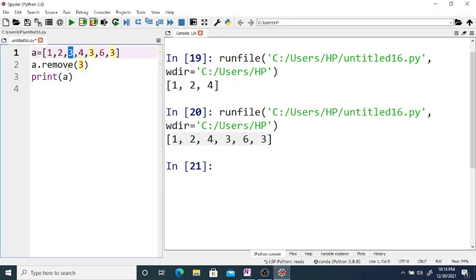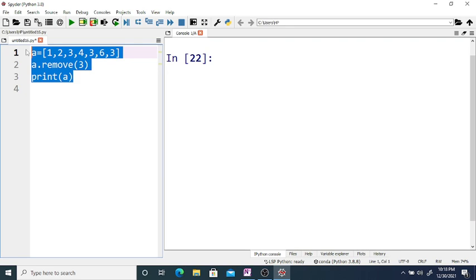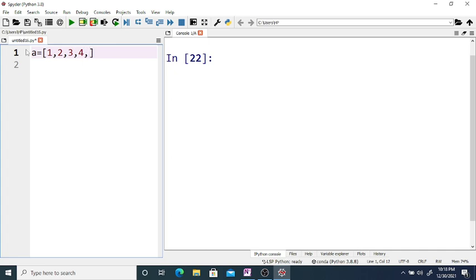For example, if we consider a list, say A is equal to 1 2 3 4, then B, and then 6, and you want to remove this element 4, its index, its position, is 0 1 2 3, so its position is 3.